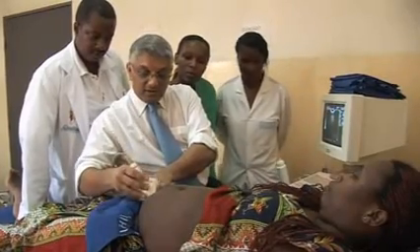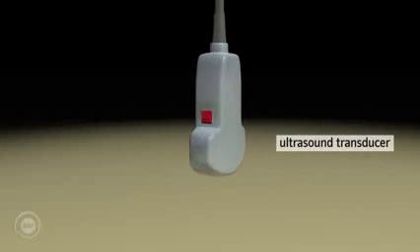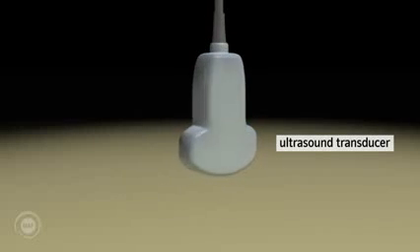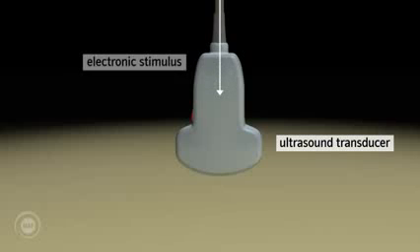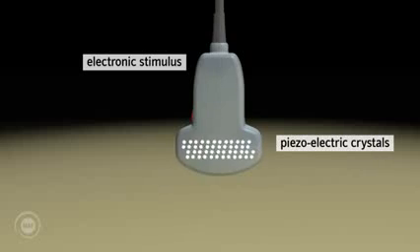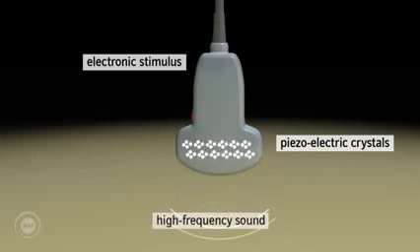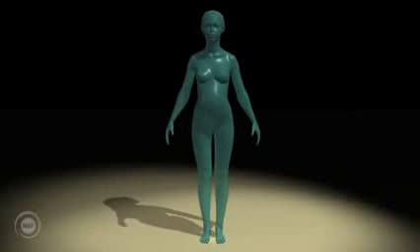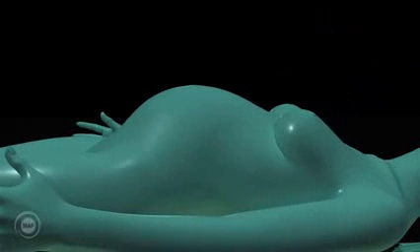Ultrasound is high-frequency sound above the range of human hearing. An ultrasound probe houses the ultrasound transducer, which is made up of piezoelectric crystals. Ultrasound is generated by the passage of an electronic stimulus through the piezoelectric crystals, which then vibrate and a high-frequency sound is emitted. The sound wave then travels through different tissues in the body which have a different penetrability, also